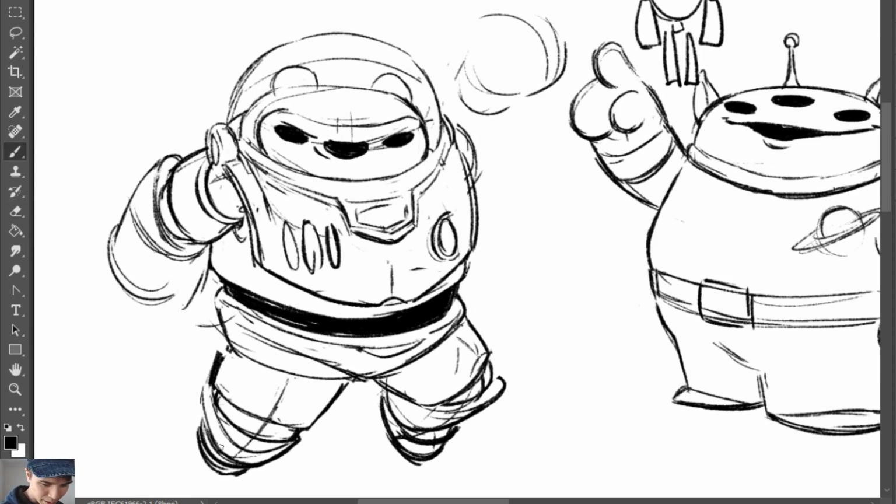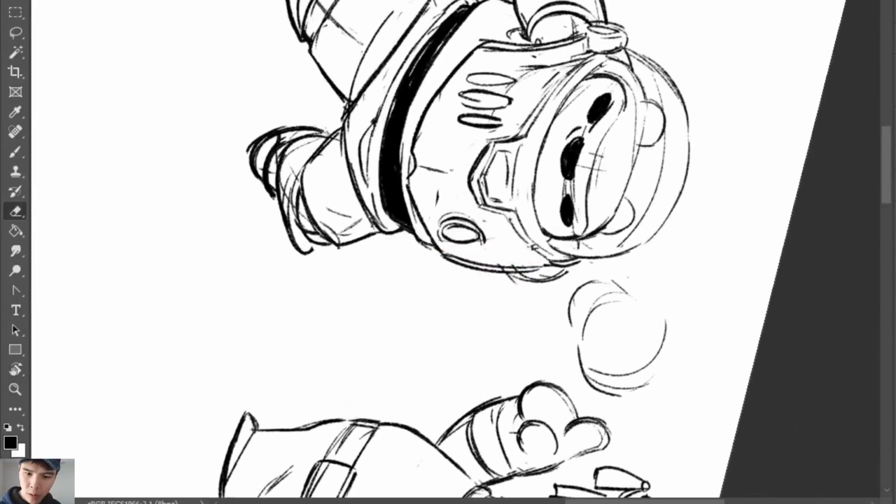It is a little bit off model for my pandas, so we're going to try to fix that just a little bit. Let's go like that. Sorry if I'm going to take you on a roller coaster here.